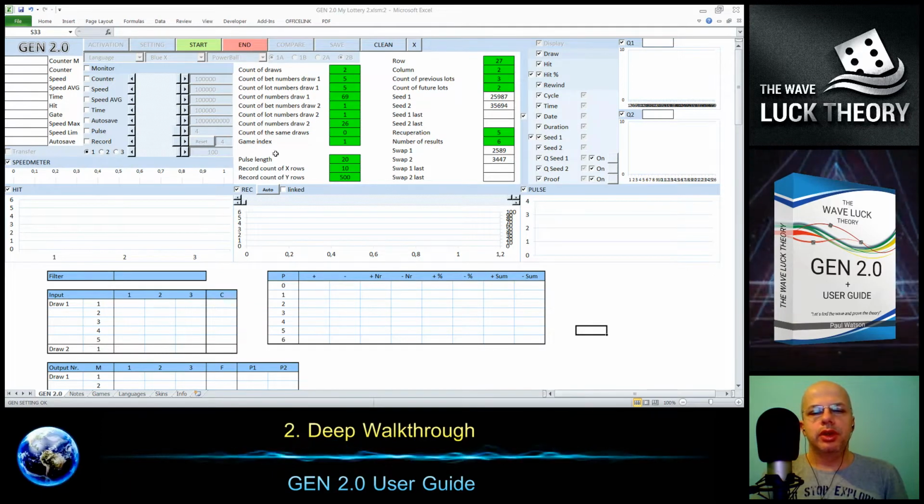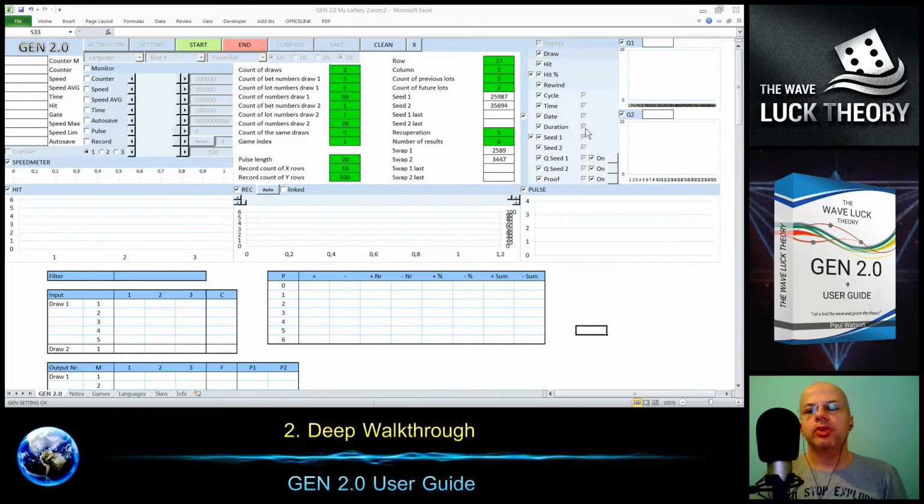Now what happened is that the language, the skin, the game, and the modes are frozen. It means we are not able to change them at this moment. Also, the optional parameters are frozen as well. We cannot change them right now.